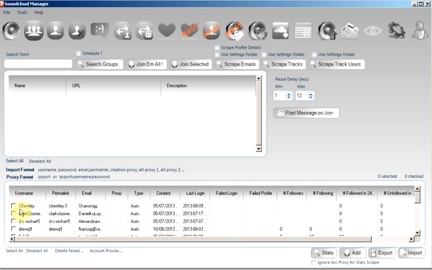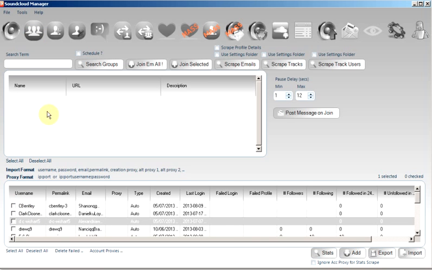You can also manage your groups for your accounts. You can specify accounts to join groups based on a search term. You can select specific groups from within that search, or you can select to join them all. You may also scrape user emails from the users who are members of that group, which will allow you to contact these users directly. As the user has entered their email to their profile page, it means the user wants to be contacted and is looking for